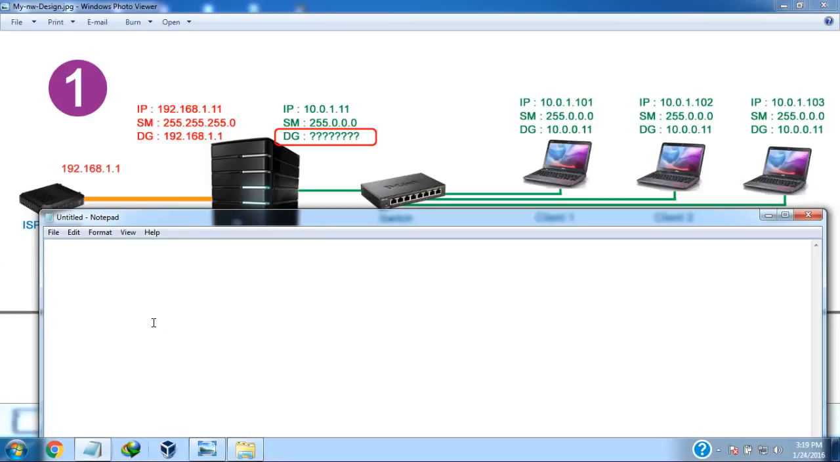The IP address of client 1 is 10.0.1.101. I'm converting it into binary. Its corresponding binary is